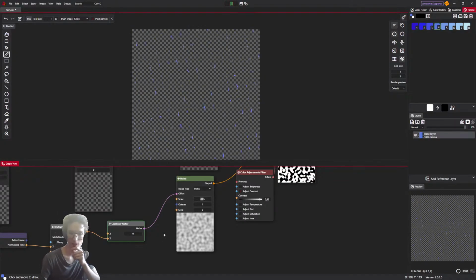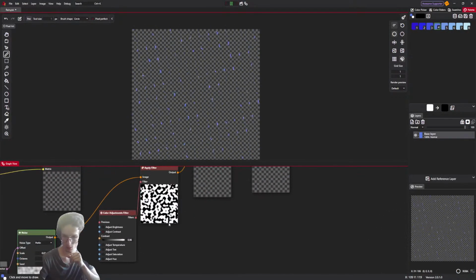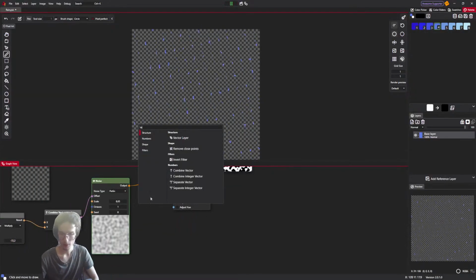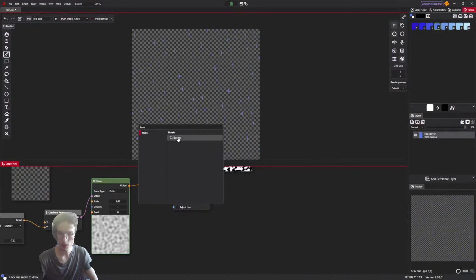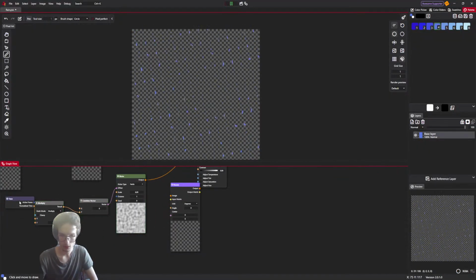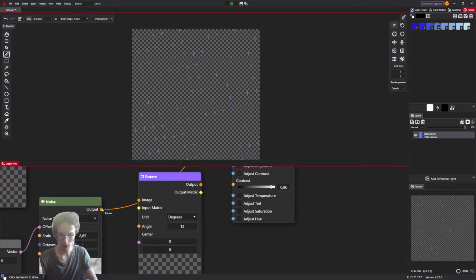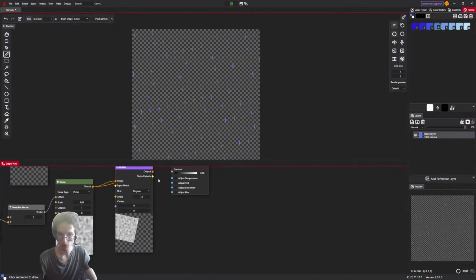Okay, yeah, that's already good. I think I will still try to rotate this noise as well, because I want to match the rain as much as possible. Let's take a 12 degrees image.